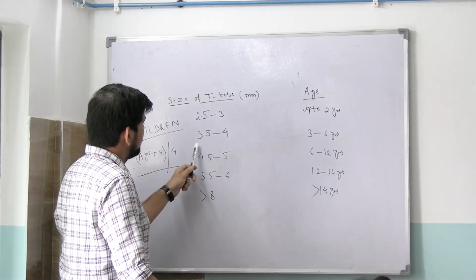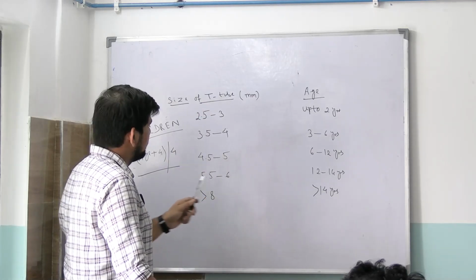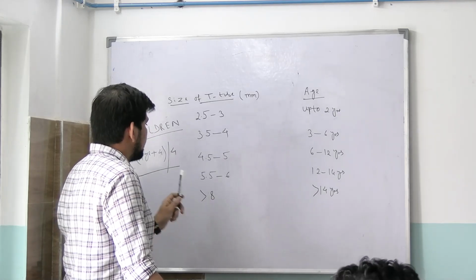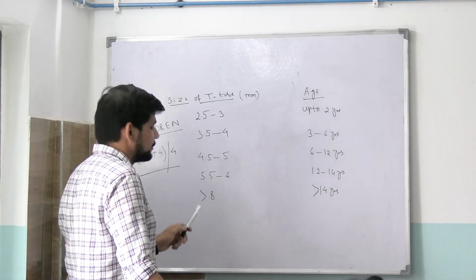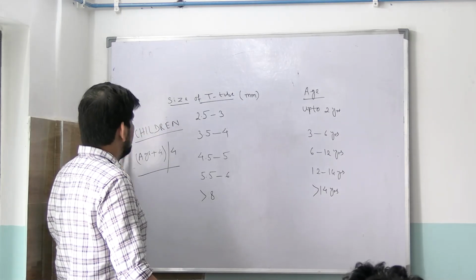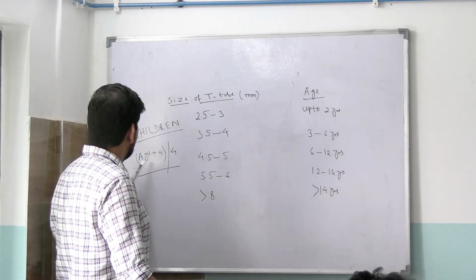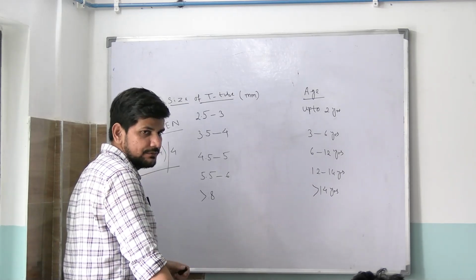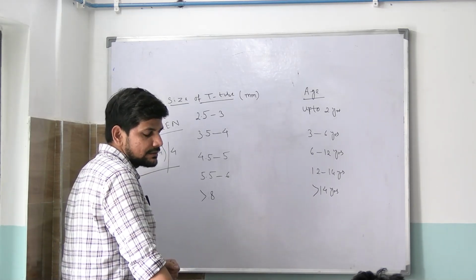3 to 6 years, 3.5 to 4; 6 to 12, 4.5 to 5; 12 to 14, 5.5 to 6; and more than 14 is more than 8, like 8, 9, whatever. So in case of children, the basic formula is age plus 4 divided by 4. Age by 4 ছিল, দেখ, ক্লাসে বলেছিলাম আমরা।